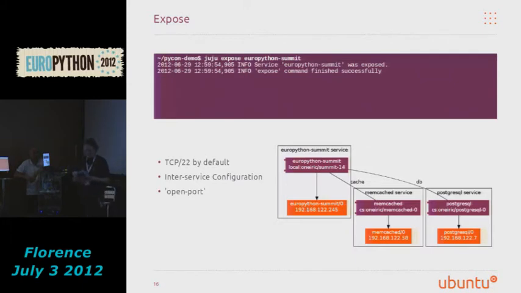So the final step to actually get something that people can see and use is to expose the application. By default, any service you deploy using Juju is not exposed to the public. Within a data center using MAAS as the provider, that might not have much context, and the same applies for the local provider, because you're very much sandboxed in a virtualized network environment that only your machine can see.